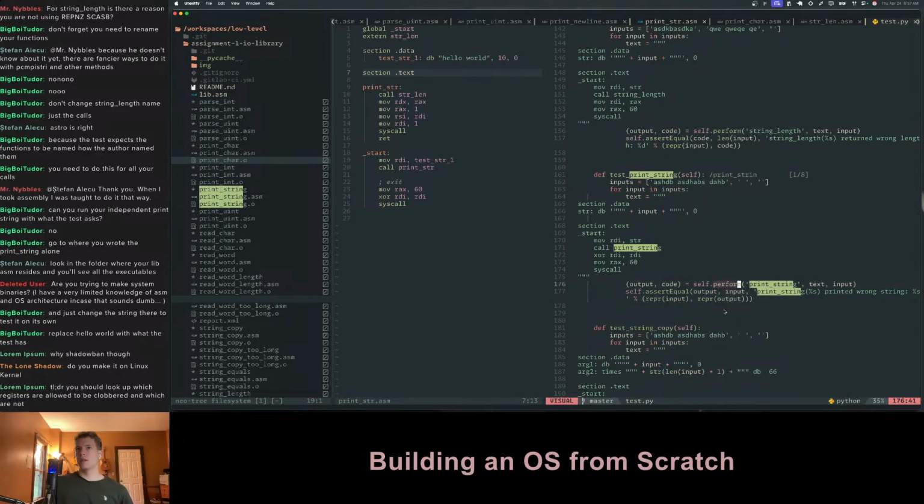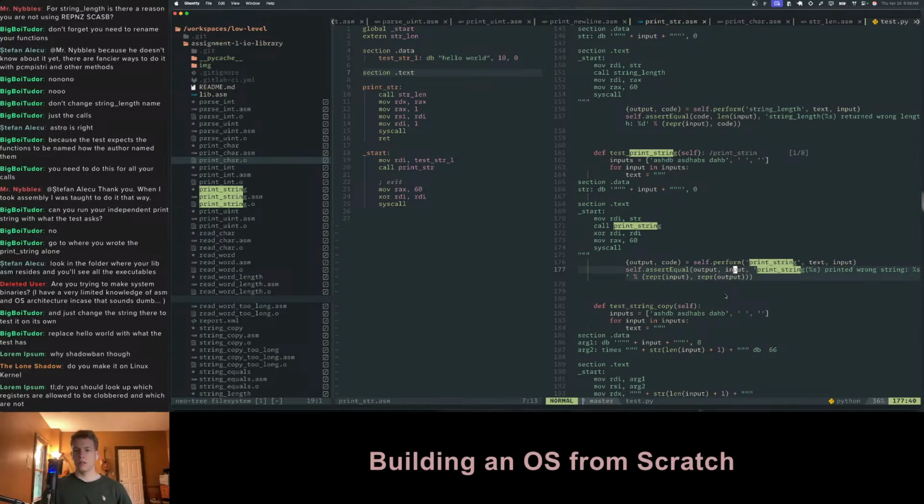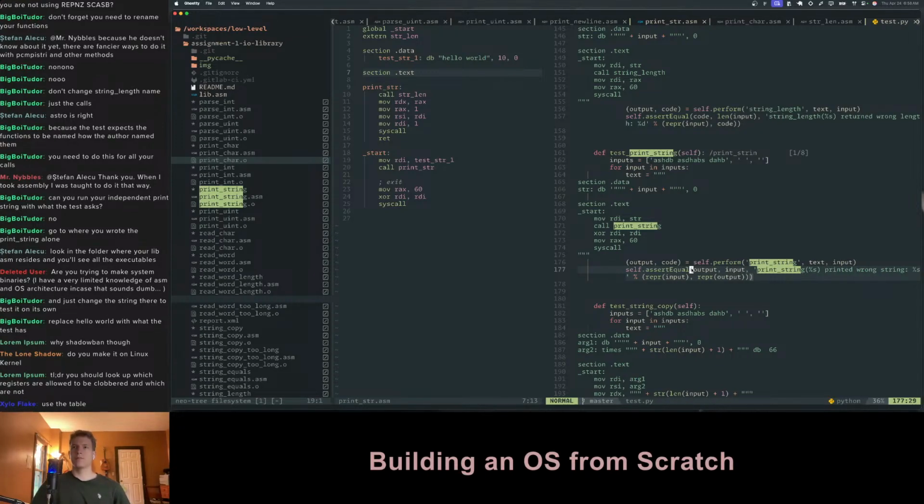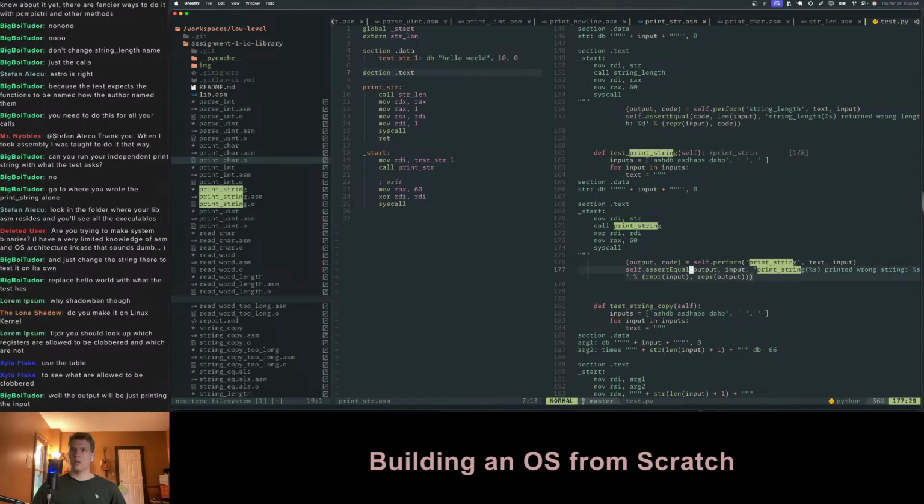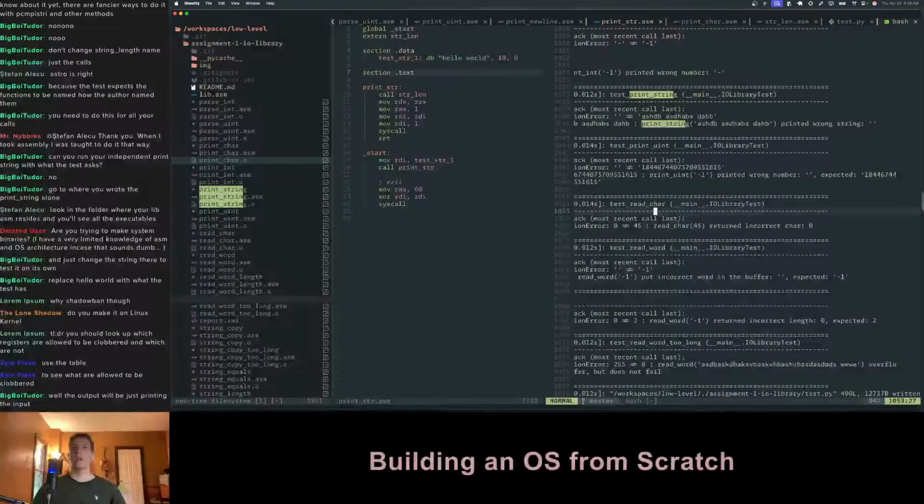What's the output it's expecting? Okay, so let me just yoink that, and then